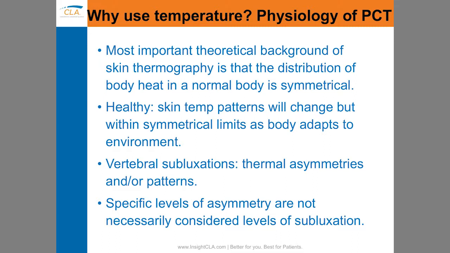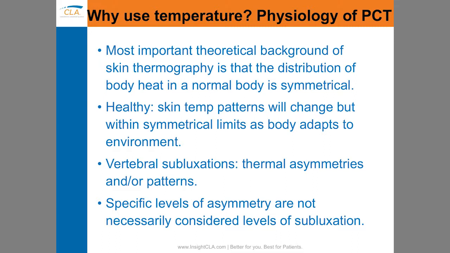So vertebral subluxations represent thermal asymmetries that are associated with the patterns. Why? Because in the understanding of the subluxation, not only do we have a sensory and motor effect, we have a sympathetic effect. And when you have dysautonomia, you're associating that with the sympathetic motors, and we'll go into that a bit more. Specific levels of asymmetry are not necessarily considered the levels of the subluxation, but we do associate, as we'll teach you more, the connection between observing pattern, observing the amplitudes, observing what we call clumping and crescendoing